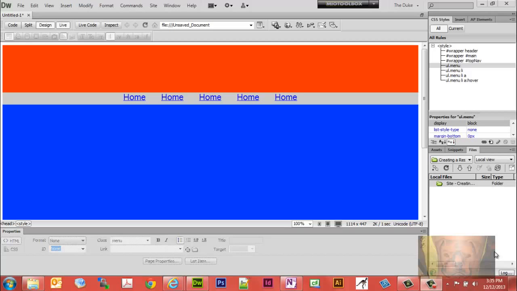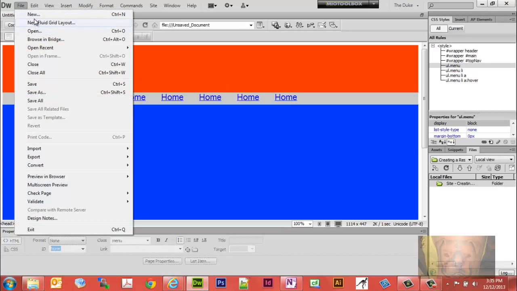Today we're going to use Dreamweaver CS6 to create a top menu that's centered, and it's going to have a hover effect like this. Let's get started. First thing you want to do is create a new